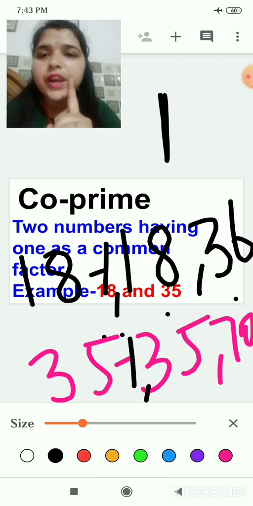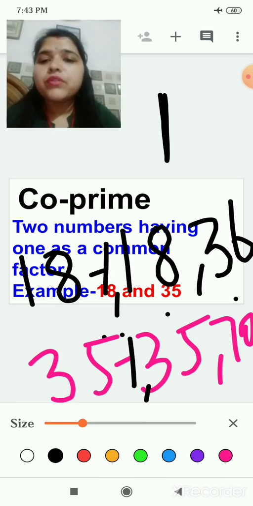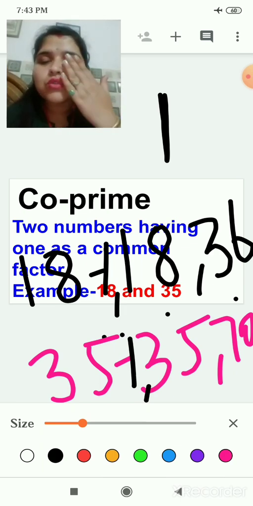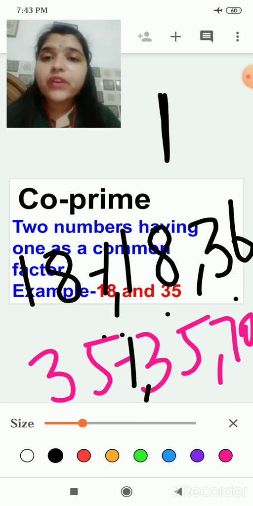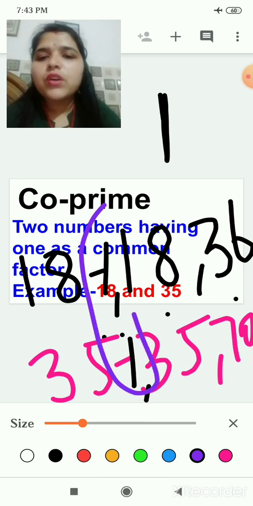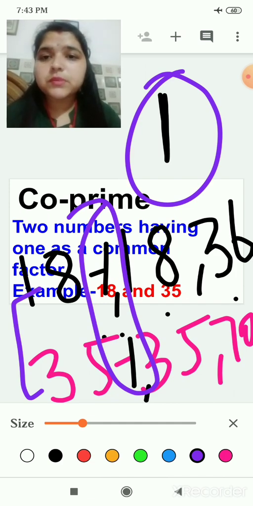First of all, when you write the factors, 1 should be your first priority, then you proceed to 2, 3, 4 and check like that. For the table of 18, first of all just close your eyes and write 1, because 1 is a factor of every number. But our topic here is co-prime. Co-prime means two numbers having a common factor, and that common factor as an answer is 1. As you can see here, 1 is the only common factor for these numbers. It means nothing else is common in them. These numbers are co-prime.